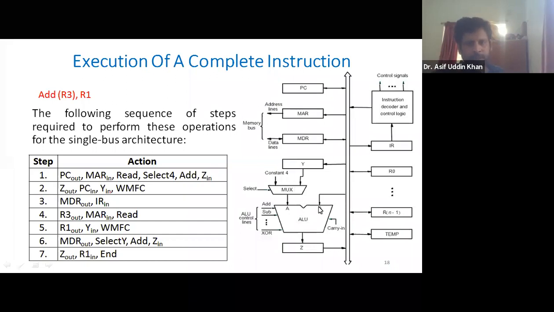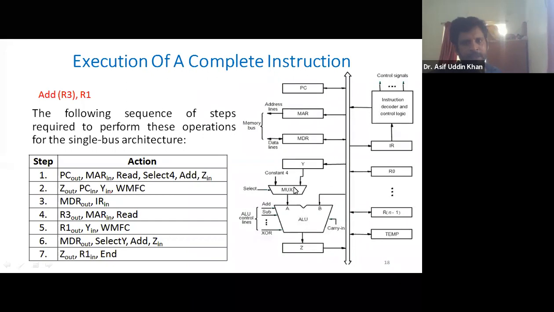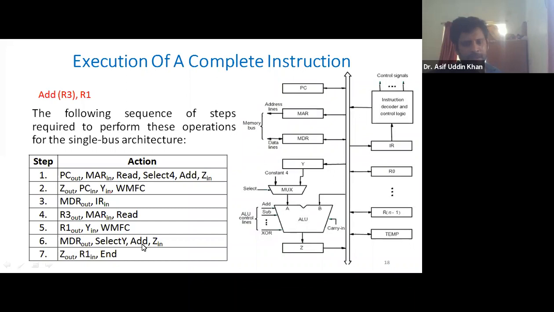Here, this is the ALU, the arithmetic and logic unit. It takes two inputs and has two ports, A port and B port. Through the A port, it takes one input from this multiplexer, which takes two inputs: one is the constant value 4, and the other is the register Y value. After selecting Y, the Y value comes here, and we give the add signal.